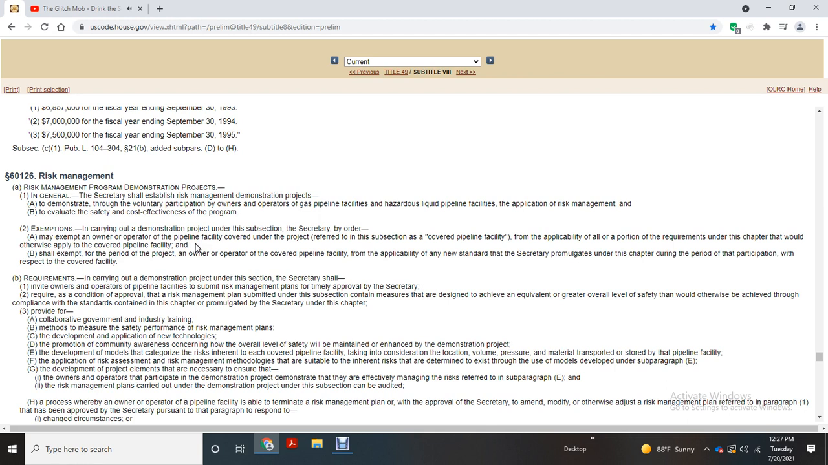Safety than otherwise achieved by complying with the safety standard of the chapter promulgated by the Secretary under chapter 3. Provide collaborative government and industry methods of measuring the safety and risk management plan. C, the development and application of new technology. D, the promotion of community awareness concerning the overall level of safety maintained with the enhanced demonstrating process. E, the development of models here to characterize the risk inherent with each of